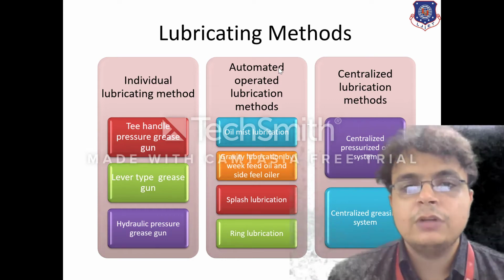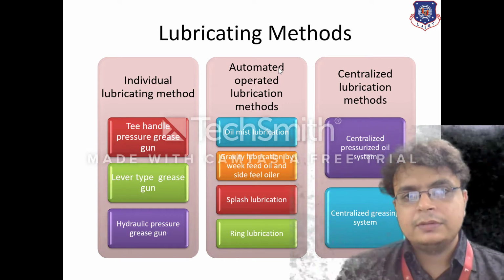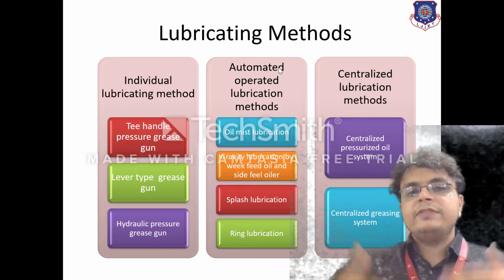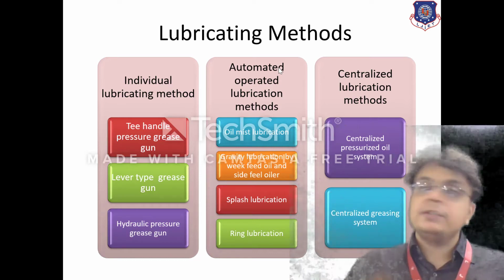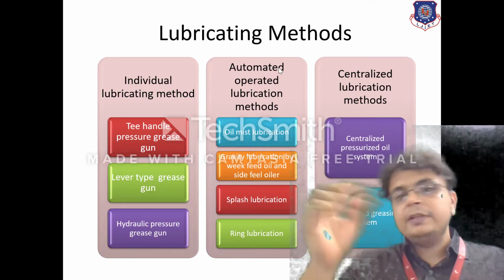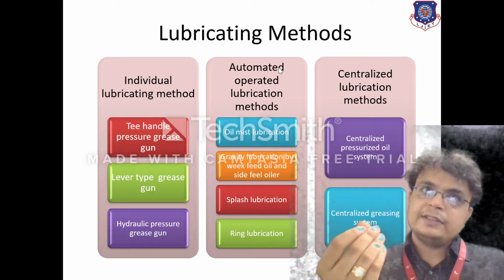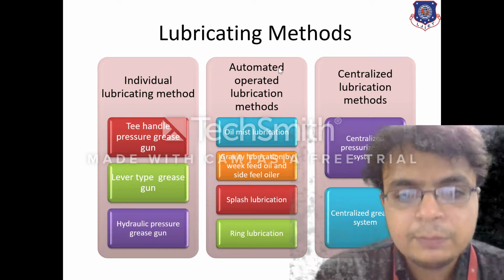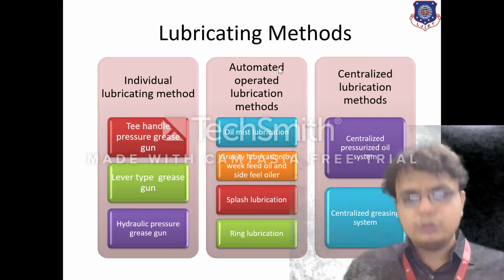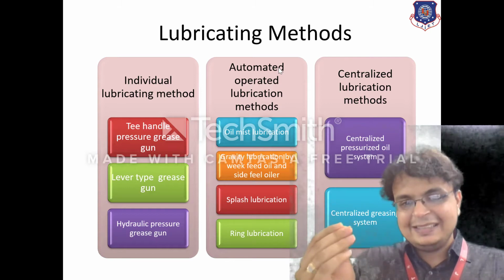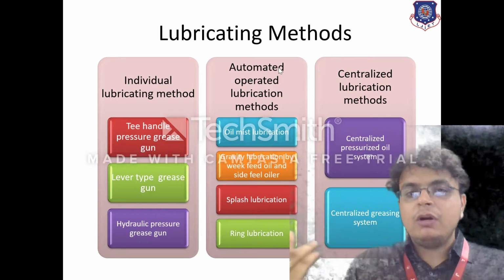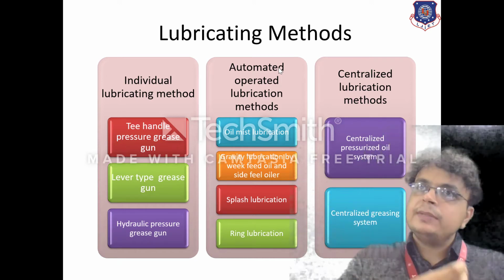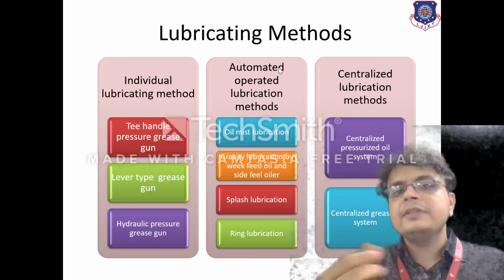These are the methods that are being used for individual lubricating. Okay. Next is the automated operated lubrication method. So we can say that the arrangement is being done in such a way that oil itself will move and it will provide lubrication. It will move by itself to its located or required position. Many methods are there. Oil mist lubrication method means we are providing mist in the form of a steam or a fog so that it can reach the desired location with the least effort.